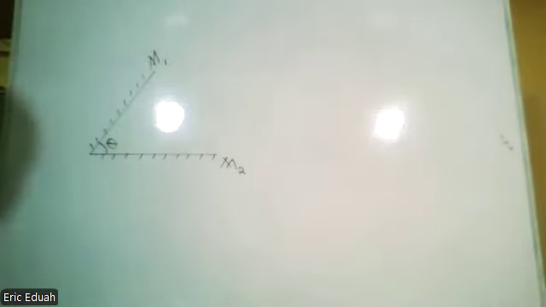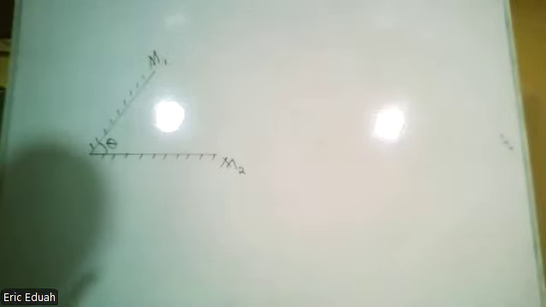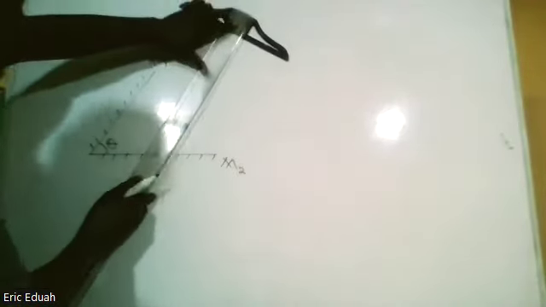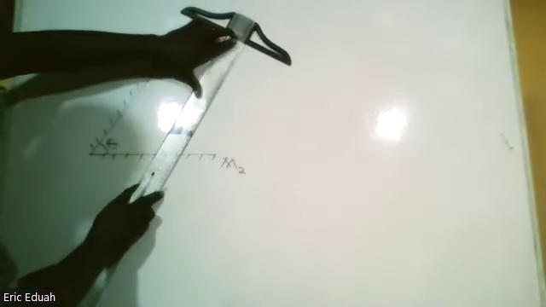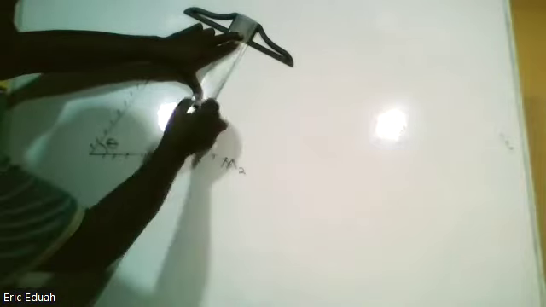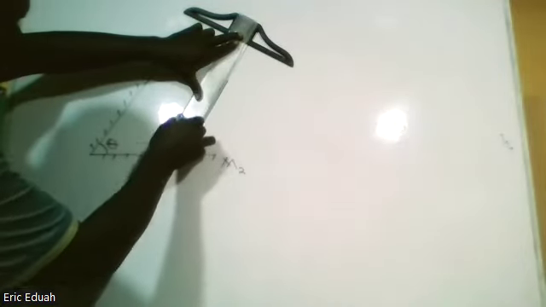Now a ray of light 1, which is parallel to M1, strikes M2. So this ray,